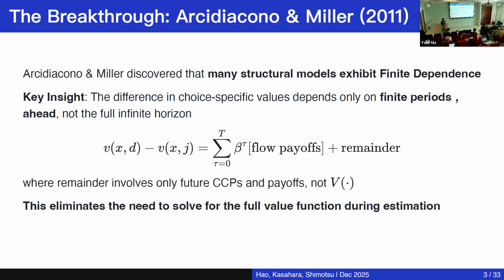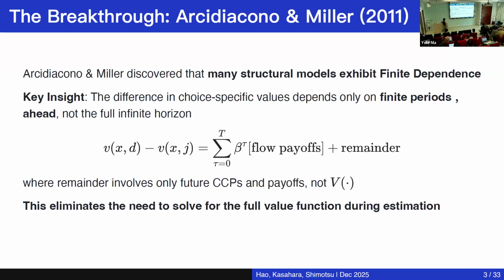There has been previous work by Bob and Pierre Arcidiacono showing that the value function V(x,t) can be written as the choice-specific value function plus an adjustment term, where the adjustment term only depends on a function of the CCP at the current period. And Victor and